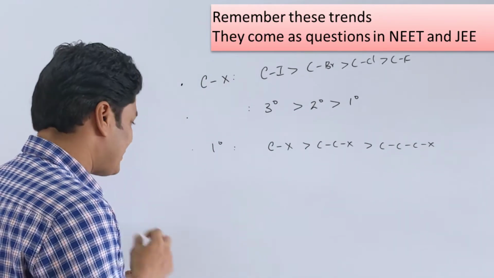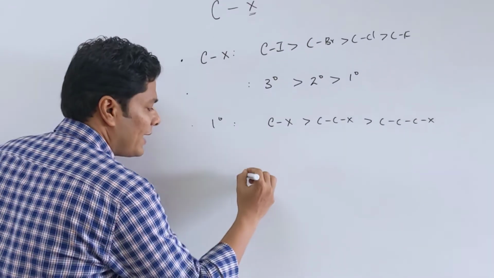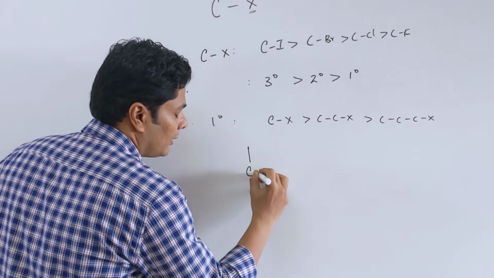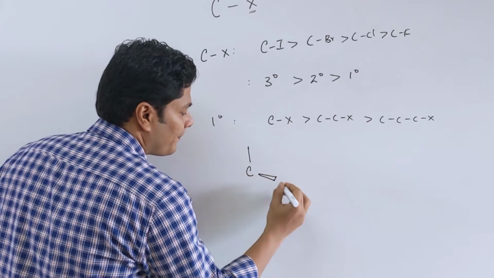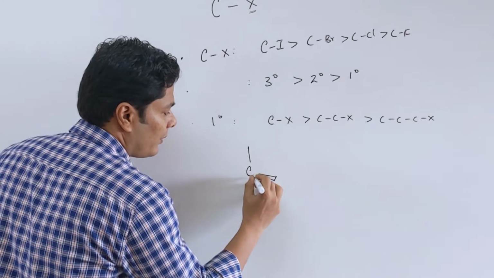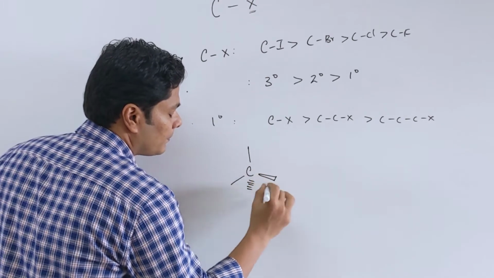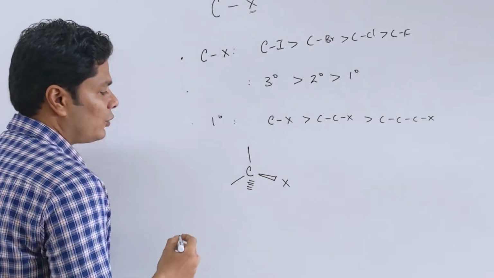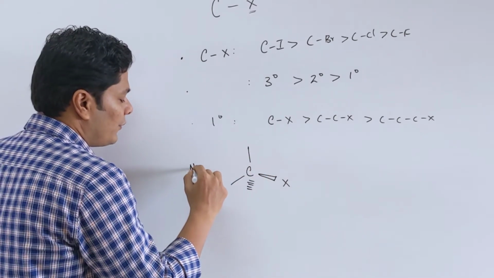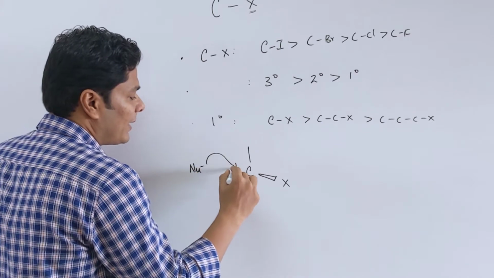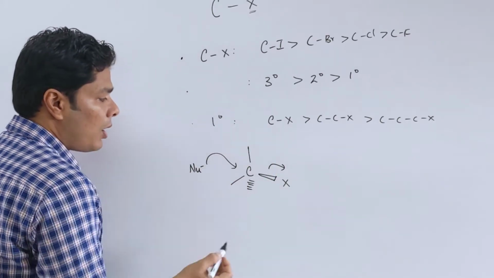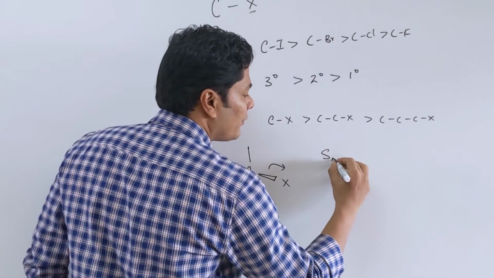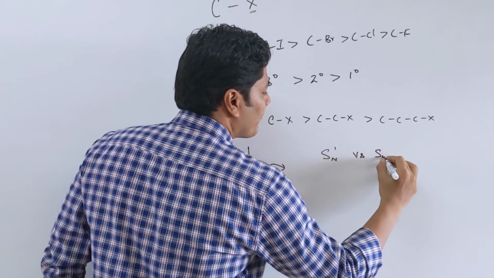Now, how does a nucleophilic substitution reaction work? So, I have my carbon, then let us say 4 groups are attached, however we want to draw. So, let us assume that there is a halogen here, these are 3 other groups and a nucleophile is going to come. The nucleophile can come and attack this and go away, or this can leave right away and then the nucleophile can come. So, we always have a competition of SN1 versus SN2.